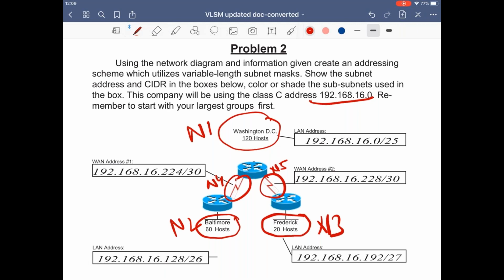So here for valid hosts, it is 2 to the power 2 minus 2. So you'll get 2. So we need 2 host bits to be 0. Remaining bits will be 1, as we need two hosts. So it is 24 plus 6, 30. 30 is the subnet mask, and the valid IP address starts from 224